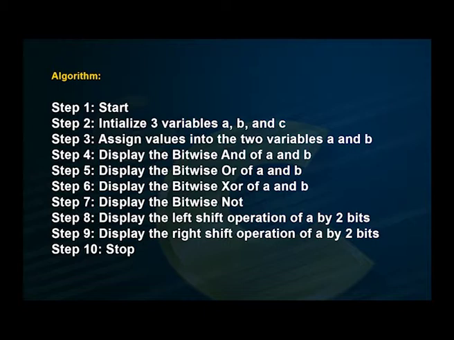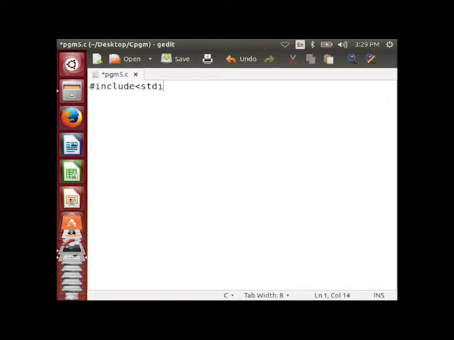Step 8, display the left shift operation of a by 2 bits. Step 9, display the right shift operation of a by 2 bits. Step 10, stop. Let us now type this program. #include <stdio.h>, main within curly brace, int a equal to 60, then int b equal to 13, int c equal to